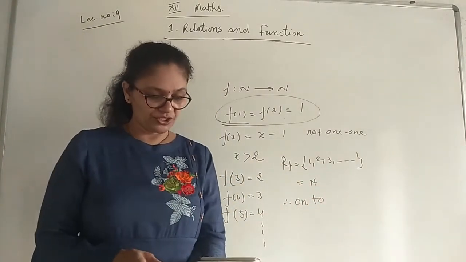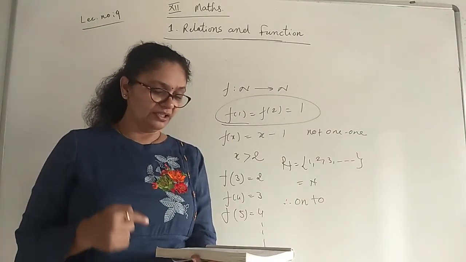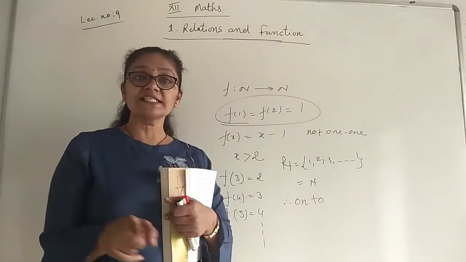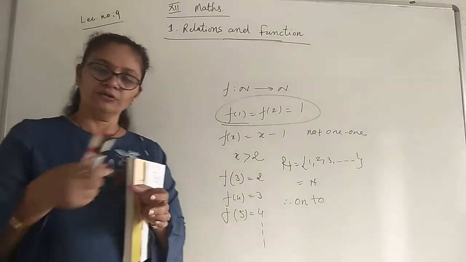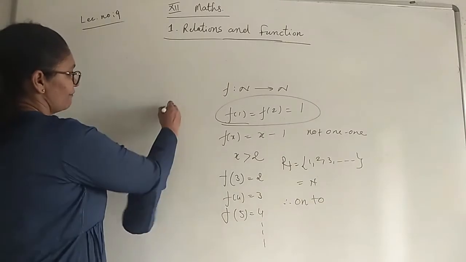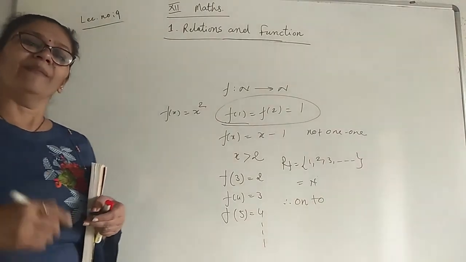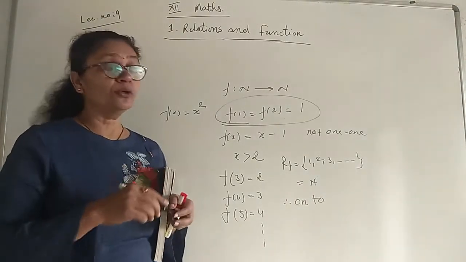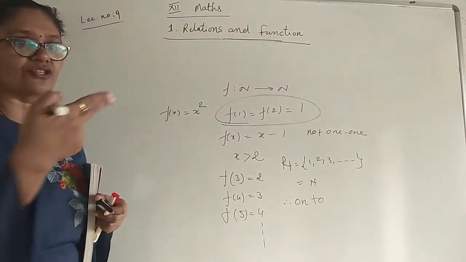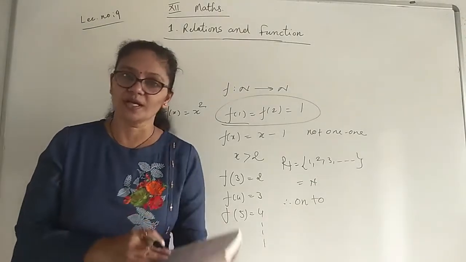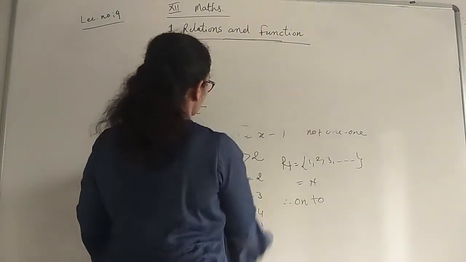So check your 11th question. Function is mentioned from R to R and f(x) equal to x square, neither one-one nor onto. I think we have discussed this question with natural numbers also, with integers also, and now it is given with real numbers. f(x) equal to x square, so you know it. When you take the square of any number, a minus number becomes plus. So you get only 0 and all positive numbers in the range. So it is not onto. For 2 different inputs, for minus 1 also the answer is 1, plus 1 also the answer is 1, so not one-one also.